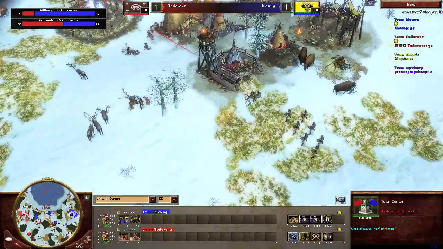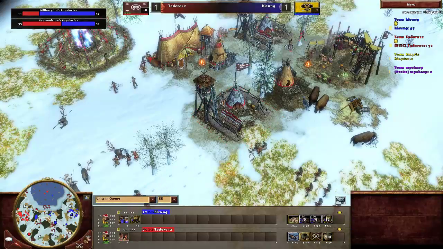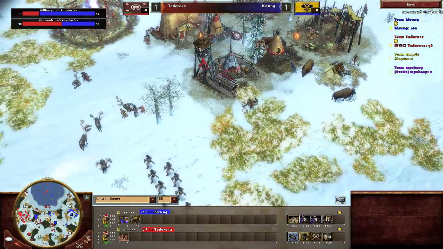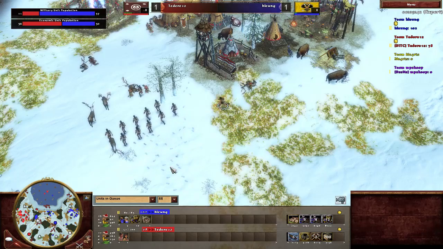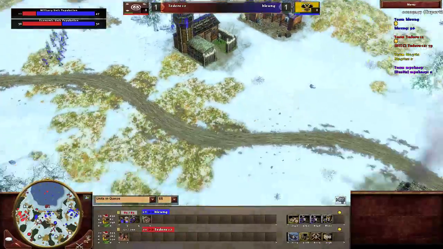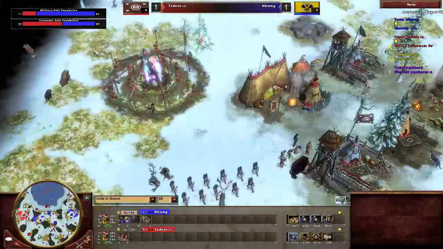Yeah. But that also gives the other player some time to increase his army as well. He's not getting a lot of units out though, he's like pumping out 4 units at a time. 5 Cossacks in queue. Tedere is removing some of his villagers from the fire pit to go and get some food, but